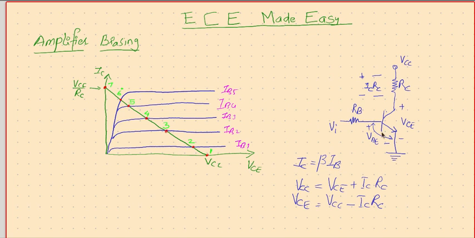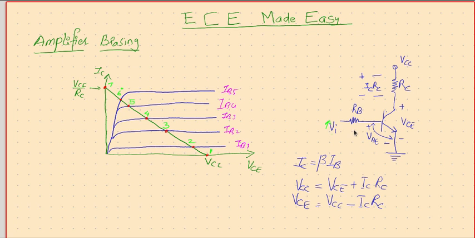And if you look at the KVL of this loop, the VCC will be equal to this voltage plus this voltage because they are in series. So VCC will be VCE plus IC times RC, or VCE will be VCC minus IC times RC. Now what is it trying to say is, for change in VI,